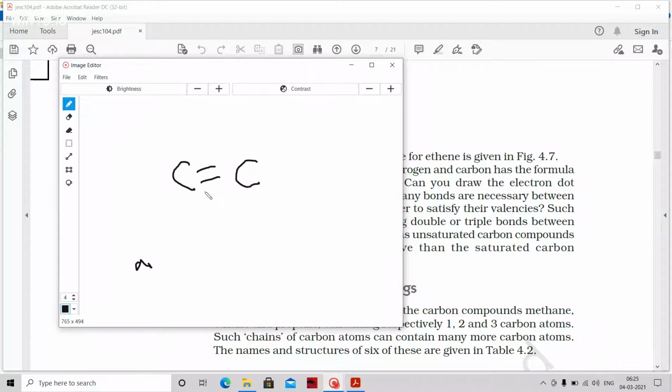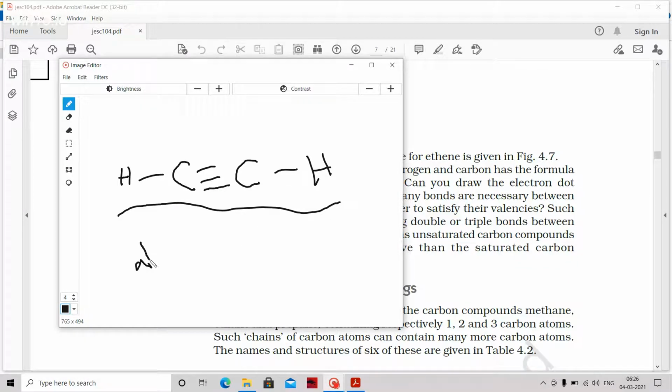Now I have given only 2 hydrogens. That means 2 more hydrogens I made less. So I will have a triple bond and 2 hydrogens like this, 1 hydrogen here, 1 hydrogen here. Still the carbon has satisfied its valency. You can see the carbon is having 4 bonds now, 4 times 2 is 8 electrons. That means it has an octet of electrons. So it satisfied its valency, but it satisfied its valency with its own atom, another carbon atom, and it doesn't have the hydrogens. So these are once again called unsaturated.